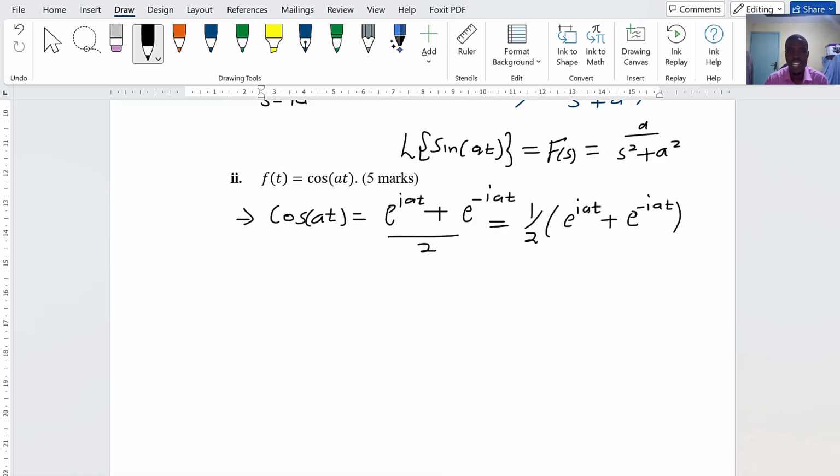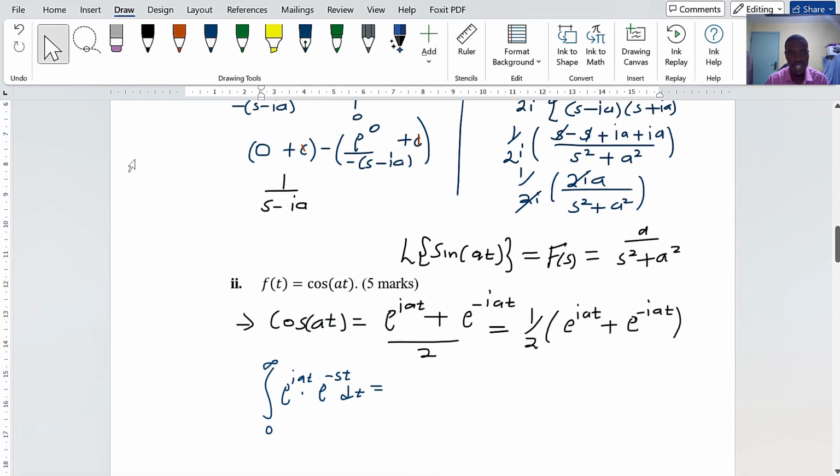The good thing, we have already done this and this, so we just need to record. Now, the Laplace transform of e to the i at, okay, let me just put it. The Laplace transform, the integral from 0 to infinity of e to the i at times e to the negative st dt, we already did that,